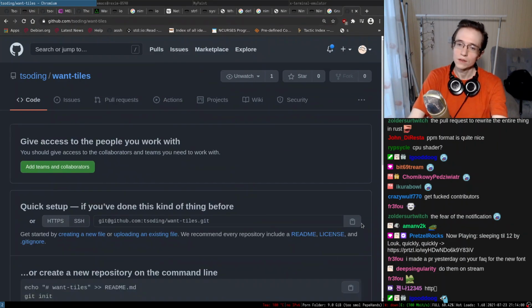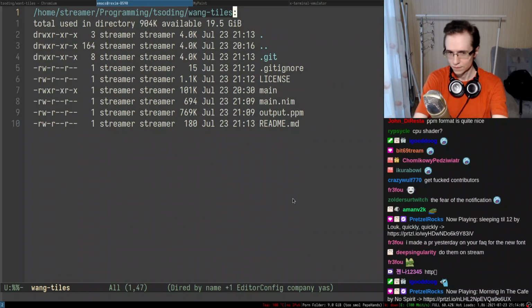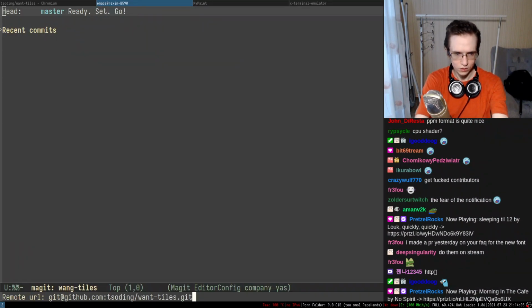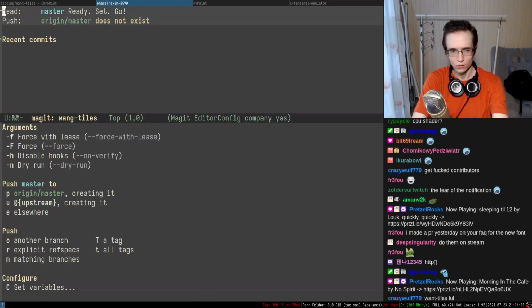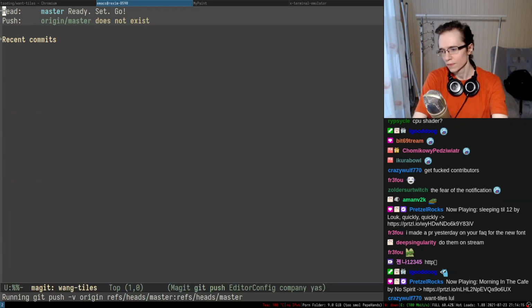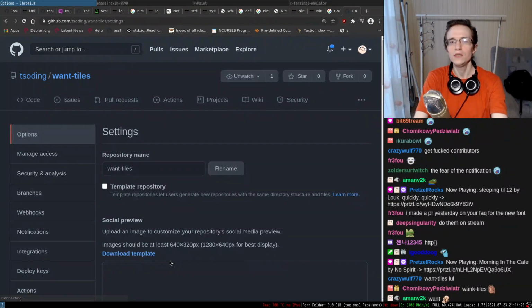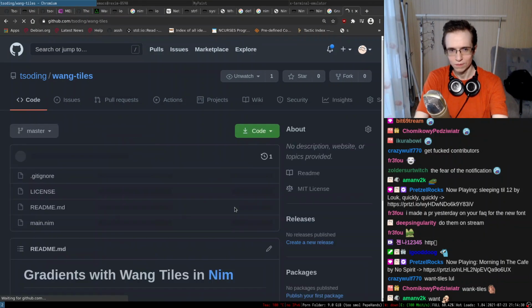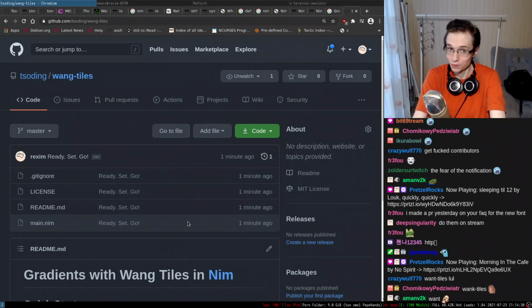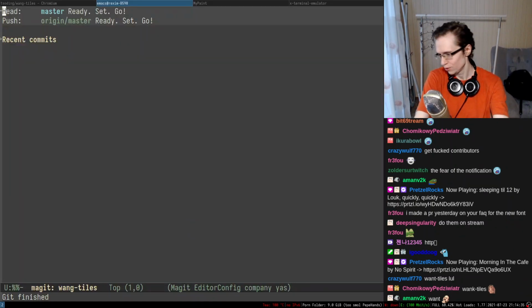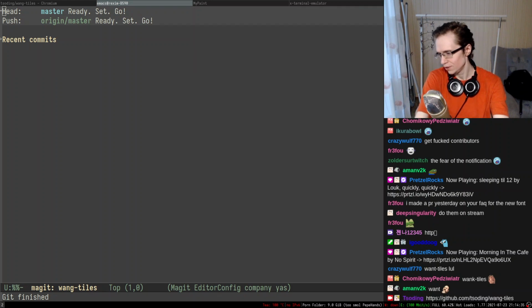All right, add origin, and I'm going to push this thing in here. Oh, okay, so we'll have to rename it. Let's see how many loopholes we have to go through to rename this thing. Right, so we have to rename it. Oh, we didn't even ask for my password. I'm actually surprised. All right, so you can find the repo in here.